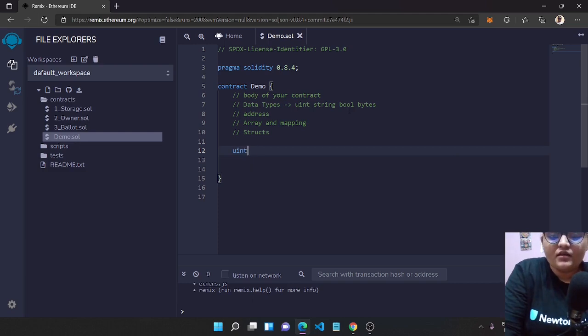Let's just specify uint for now, instead of adding any numbers behind it. This helps you to store unsigned integers, and to store signed integers you can just use int instead of uint.